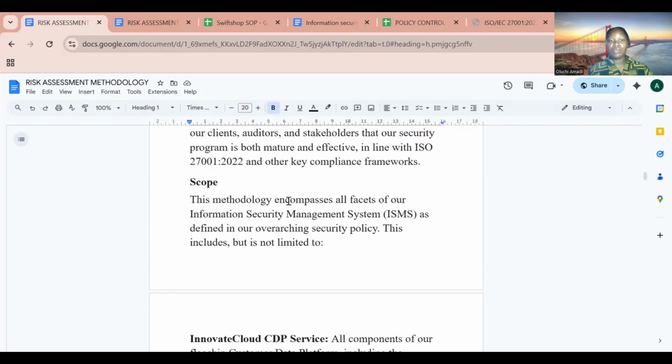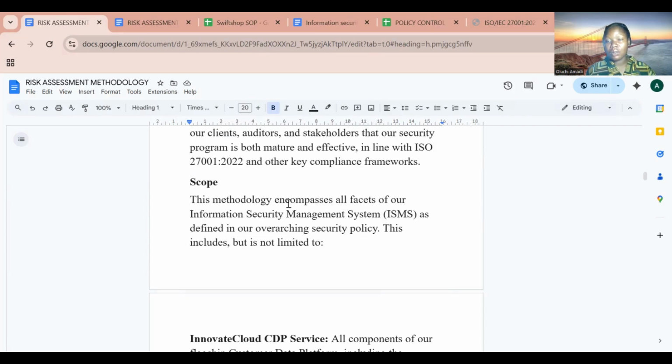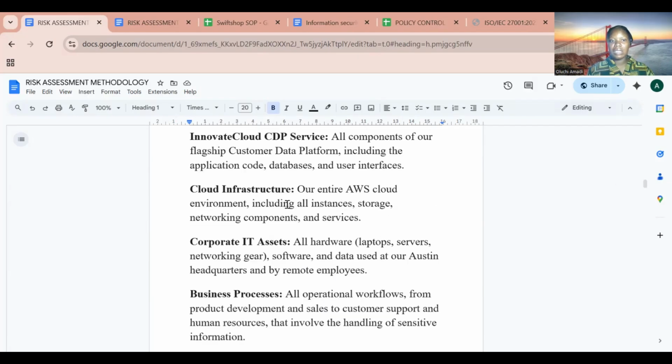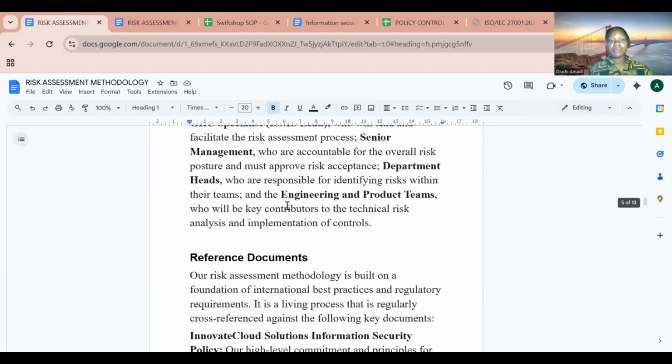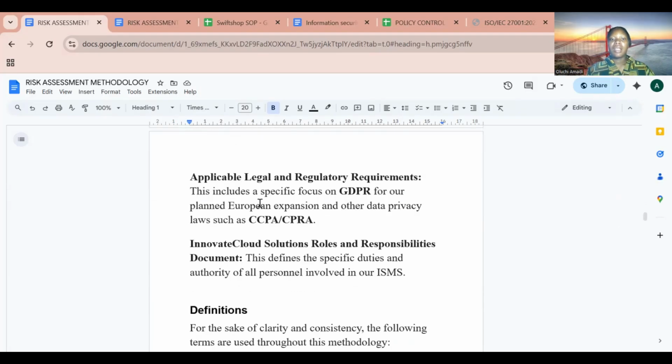The scope you are going to use for the risk assessment, or everywhere that you found gaps, or where you are going to be checking for risk. So it has reference documents. Which documentation are you using for this risk assessment? I see here we are using ISO27001, which is the framework that we're implementing, and ISO27002. You can also add something like ISO27005, and depending on the location that you are, GDPR and all